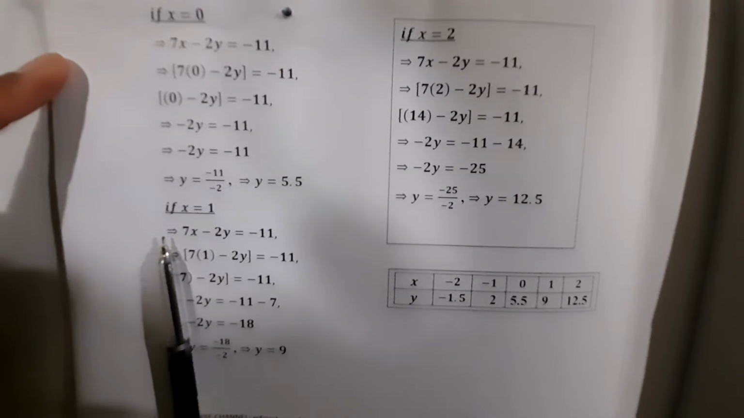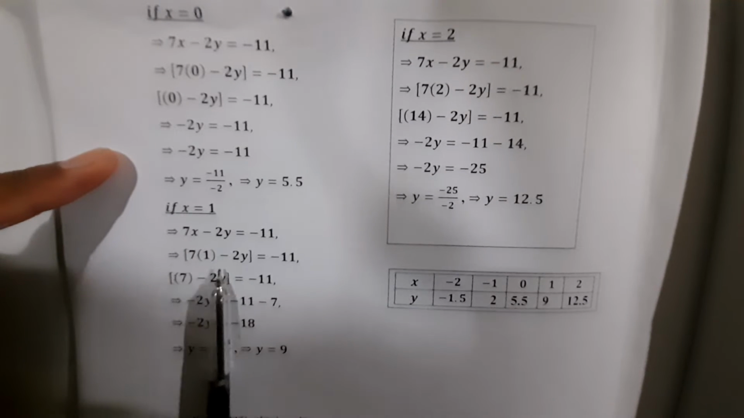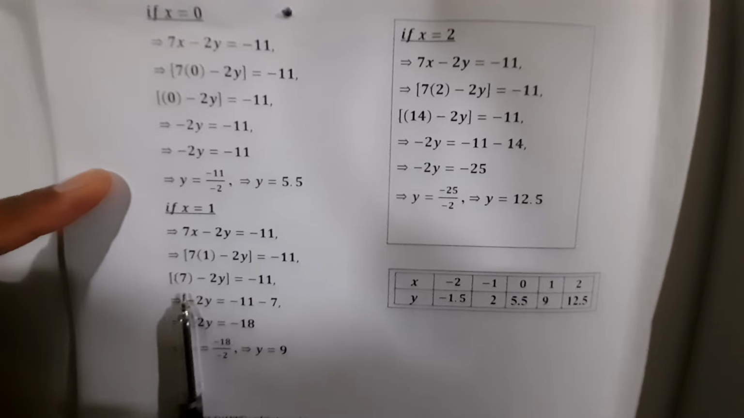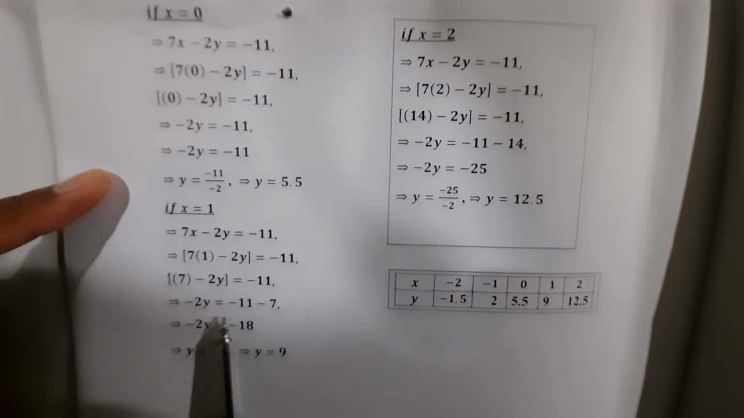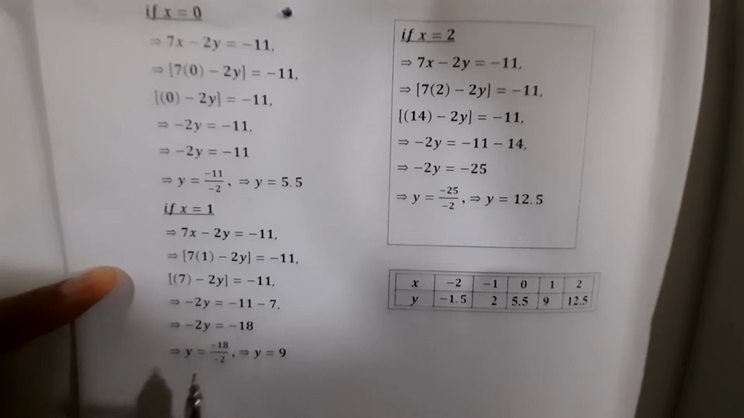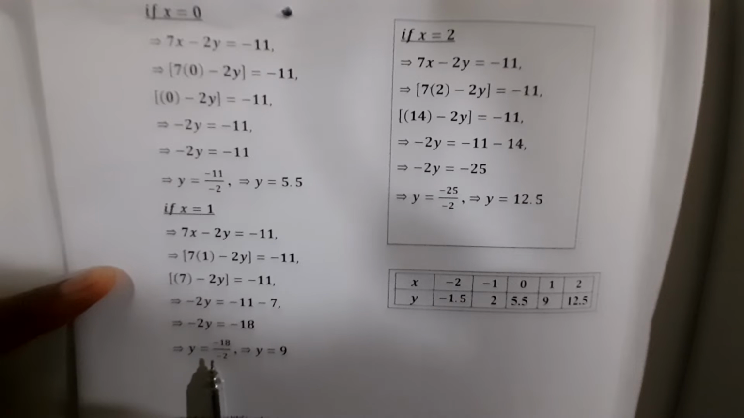If x is equal to 1, 7 multiplied by 1 is 7. So we will be taking 7 to the right hand side, it will become minus 7. So minus 2y is equal to minus 11 minus 7. So minus 2y is equal to minus 18, y is equal to minus 18 divided by minus 2,